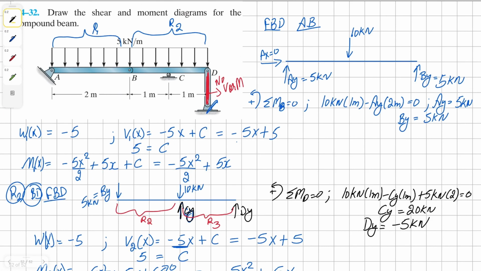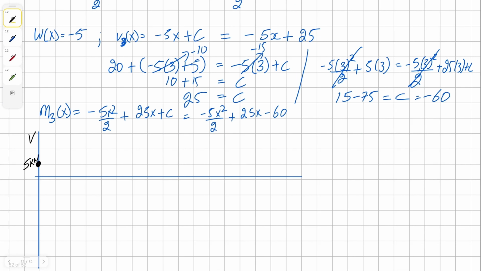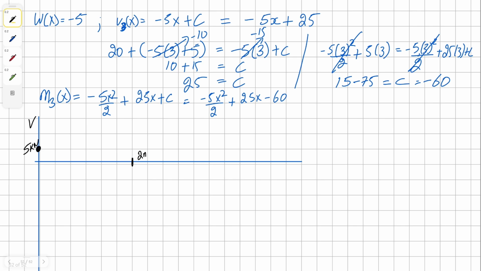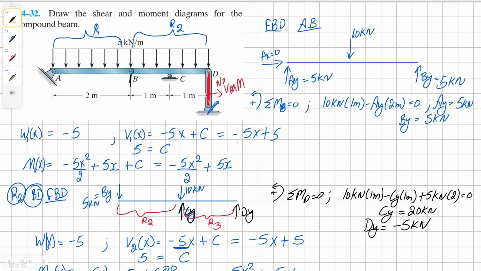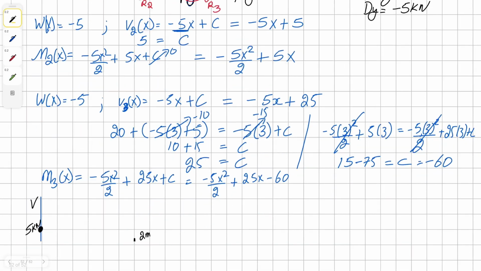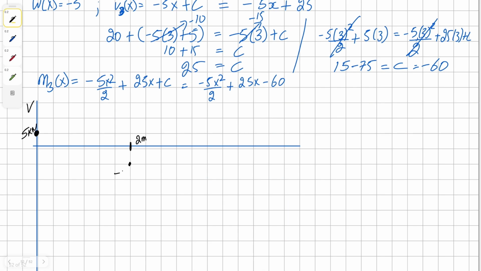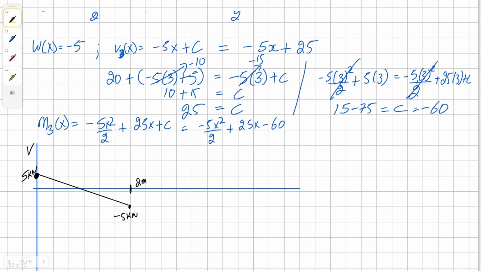And then we're going to go downwards for 2 meters. So let's say our 2 meters is here. And we're going to go downwards for 10 kilonewtons. So that means our shear is going to be negative 5 kilonewton at 2, and it's going to be first order curve. At that point,